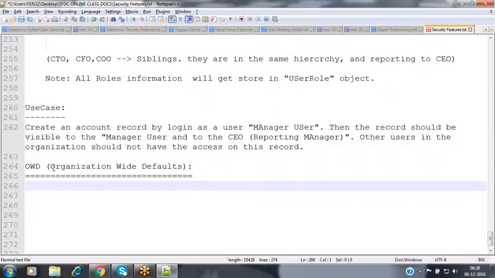So what exactly is the OWD here? OWD is simply called organization-wide defaults. Nothing but organization-wide, irrespective of the users inside the organization. What is the default level of access that you want to grant on each and every object will be decided by the OWD. Suppose, for example, in a general scenario, assume that we are having an Apple